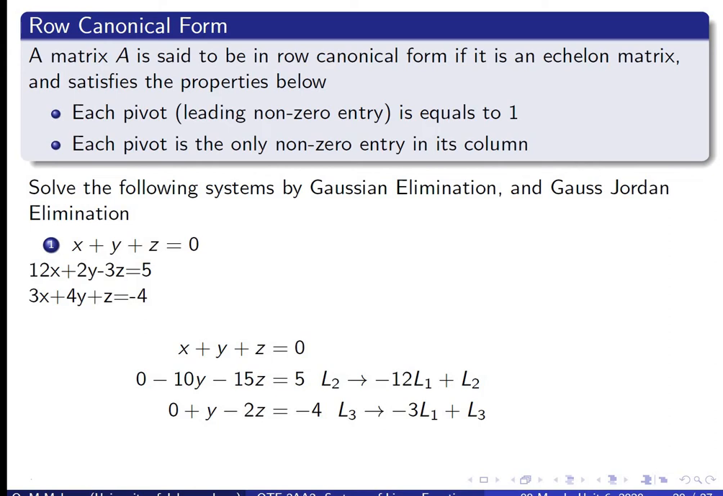So if a matrix is in row canonical form, it is already an echelon matrix, but an echelon matrix cannot necessarily be in row canonical form. So there's an example here that we can use to solve with Gaussian elimination. First, we can use Gaussian elimination even if the system is not in matrix form. For instance, in this case,